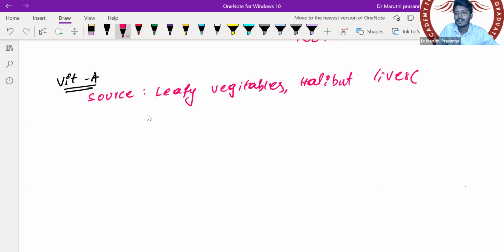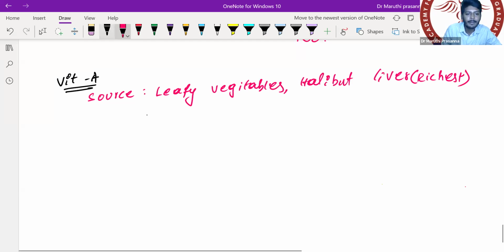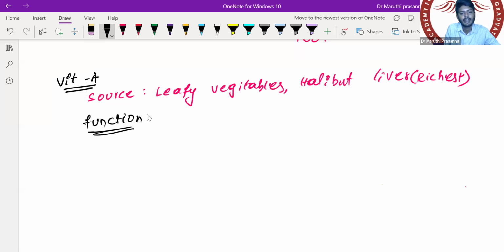Halibut liver is the richest source of vitamin A. It is the richest source of your vitamin A. Now, vitamin A function, what is that? Vitamin A function is, of course, antioxidant. So don't write all of it, it is already there. Antioxidant, it is responsible for mucosal healing,